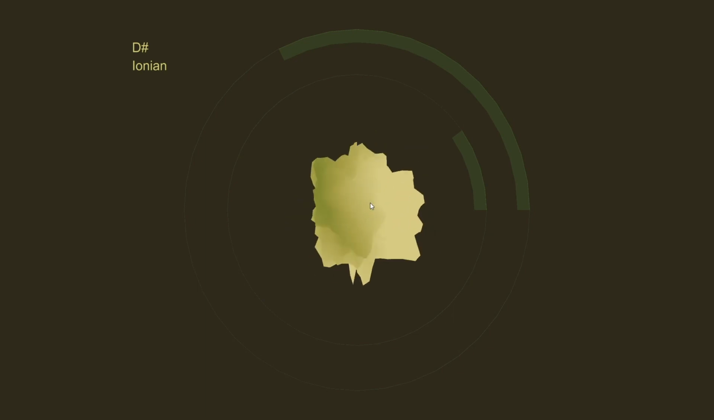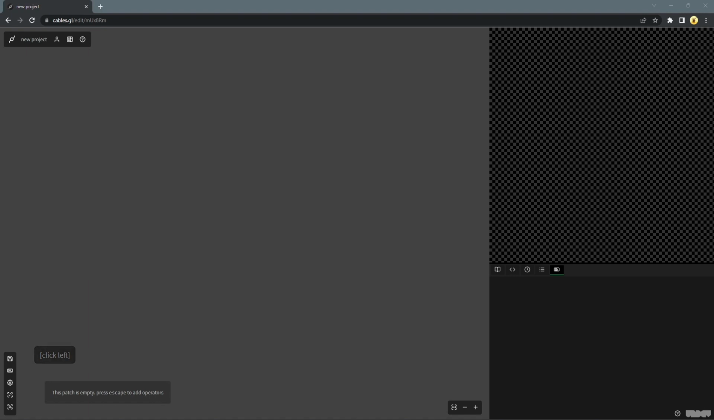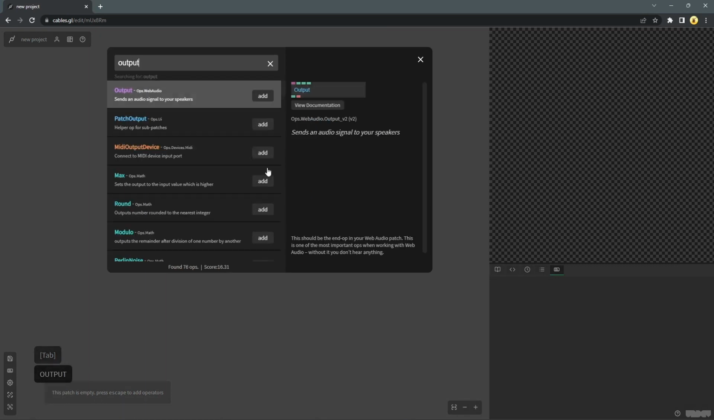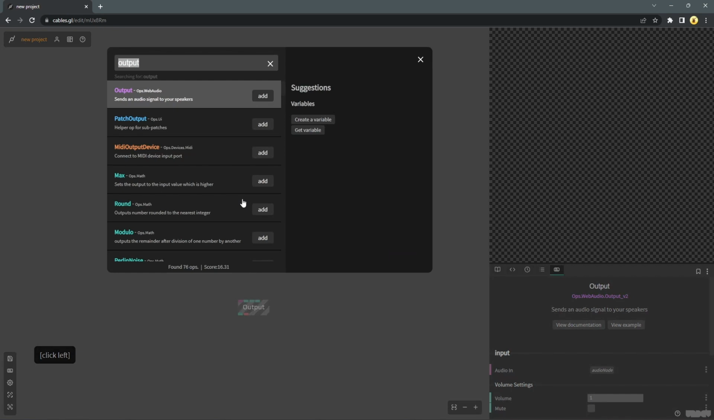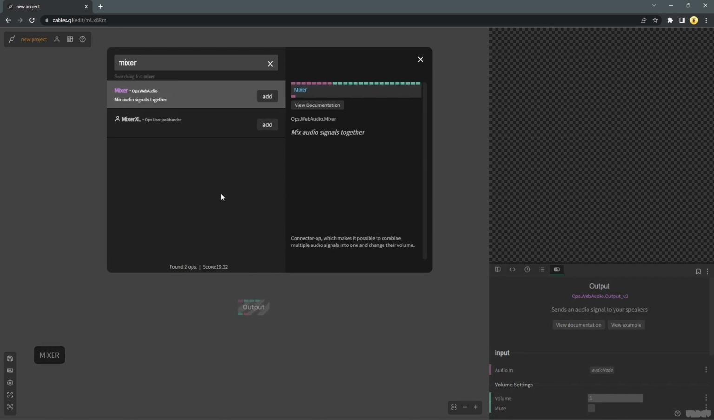So let's get started. We have a clean patch here. In order to start off with generative music, first we need to get the output of the audio. For this video, we are going to start in an inverted way. We will start from the end and go towards the beginning. So we have an output that will receive our output audio signals and let us hear the output. This we are going to connect to a mixer, which basically mixes different audio